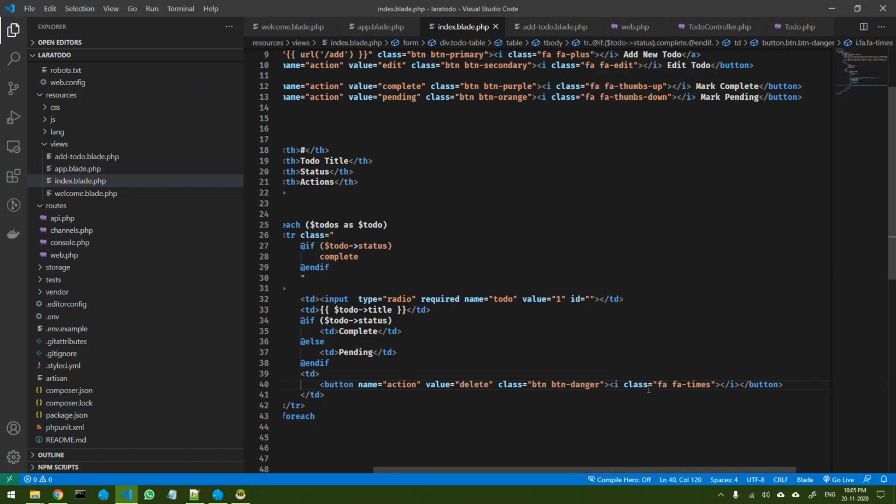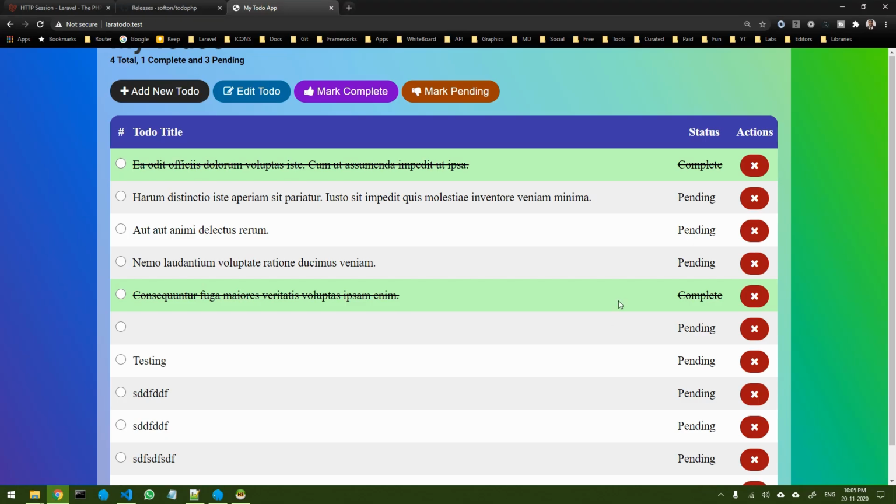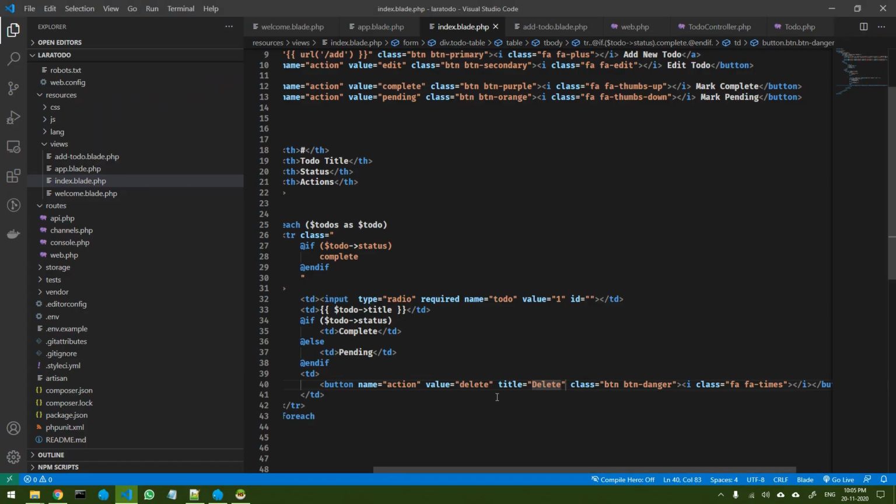So that's it. Now for easy accessibility, I will just add a title and say delete, so that when I hover over it, I get the message delete. Okay, perfect. So now I have this. Now I don't need the name and the action. That is one thing. Second thing is, instead of a button, I want this to be an anchor tag. Okay, and if I would have used REST, then actually I would use a form to submit this, but I'm not using REST right now. But let's simply create a route for this. So URL, and the URL is going to be,